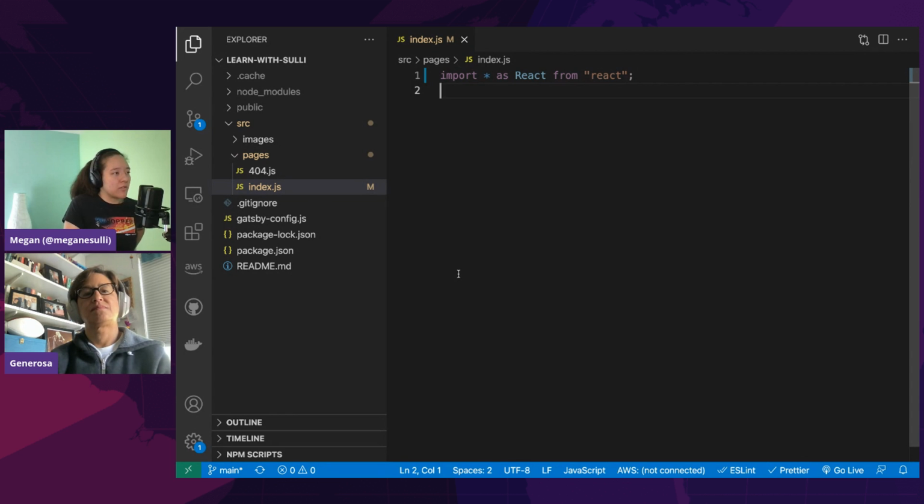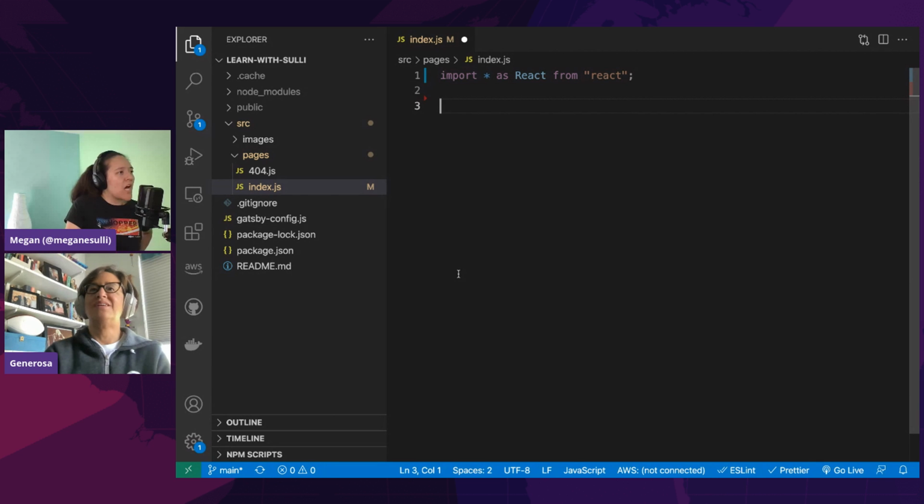The next step is to define our component. Our page component, we can call it home page or index page. Do I make a functional component? Yeah, let's do functional components. So you're going to do const HomePage. Capital? Yeah, capital. That's the React convention: capital names for components. Arrow function? Yeah, let's do an arrow function. Why not, right?